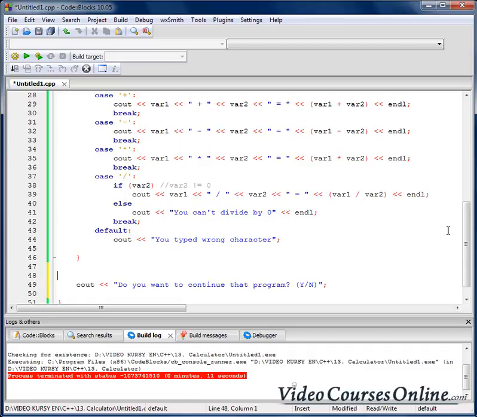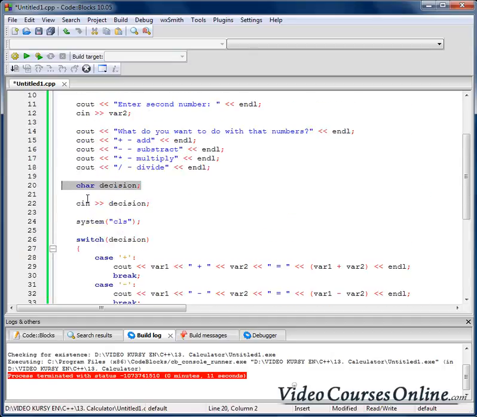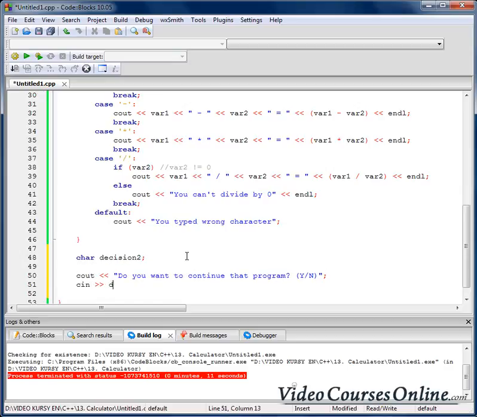And let's create a char decision2 here, or we can use that one here also, but let's create another one and let's take it here, cin the decision 2,